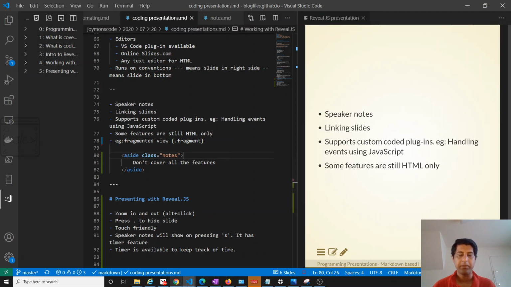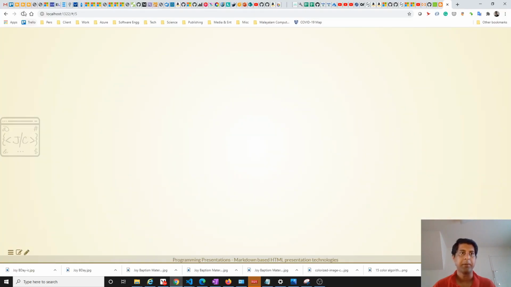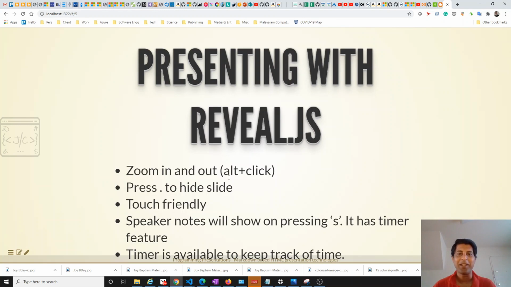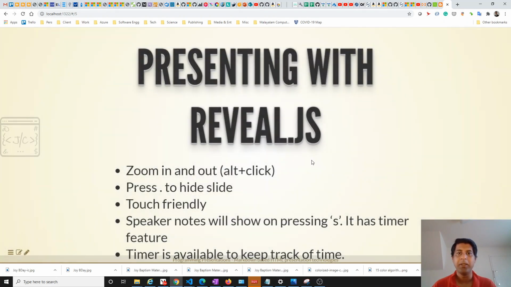Now coming back to the slide, which is served from the server, it will not be automatically refreshed. We have to refresh ourselves. So we can see this new slide I have added here, and press dot to hide the slide. So if you are presenting and we want to hide the presentation, just press dot, then the contents will be invisible. This feature can be used when we want to avoid the presentation and explain the details to the audience. Again, press the dot button, it will come back.